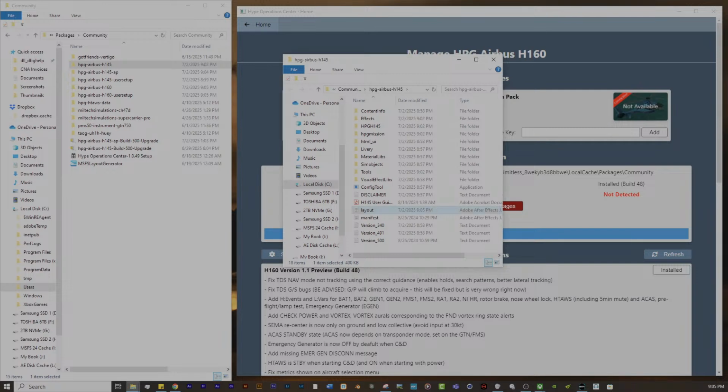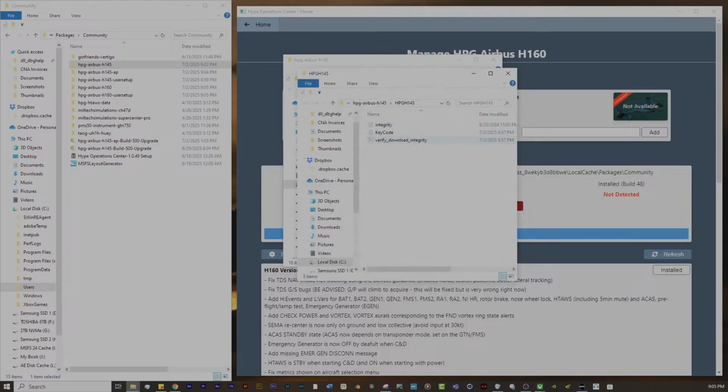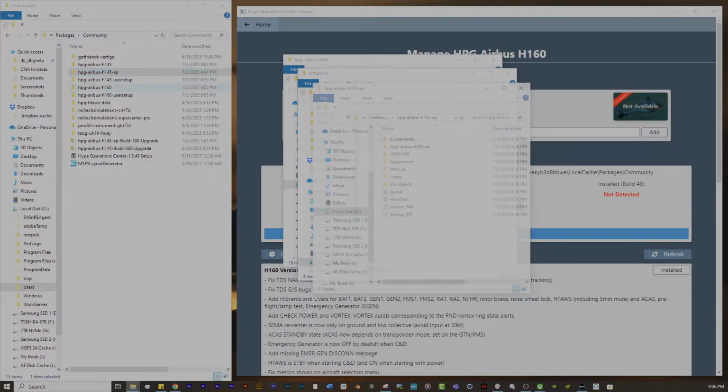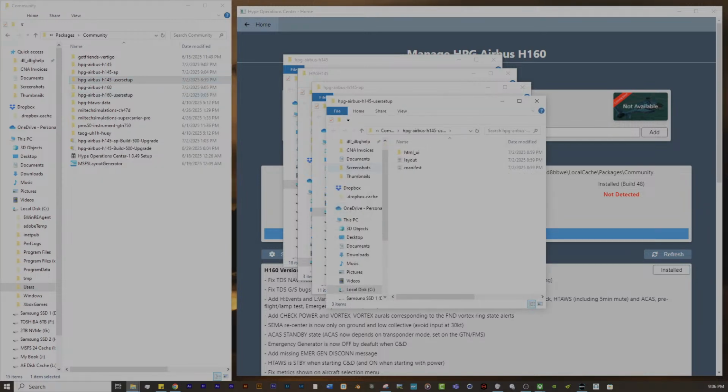We're going to then open up this file again. And you can see here that we have the HPG H145. And if you open this up in a new window, you'll see that it does not have the layout available here, so nothing to drag from there. Then we're going to go into the Action Pack version, open this up in a different window, highlight and drag layout to the MSFS layout generator, let that hit, come back up to the H145 setup, do the same thing,